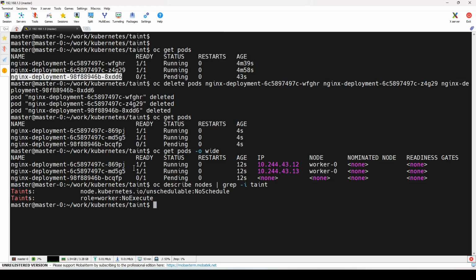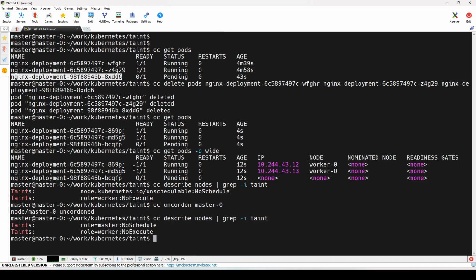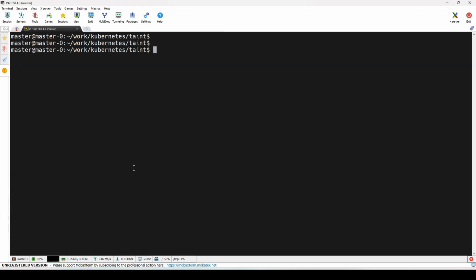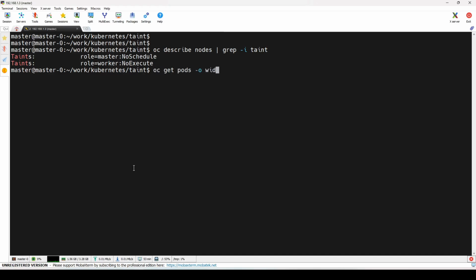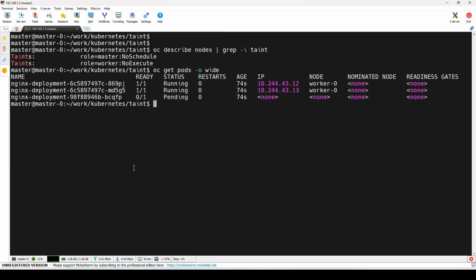Okay, there is one more thing: we had cordoned the master node, so I need to uncordon it. That was also one thing that I forgot to do. Okay, clear. Now if we see, yes, this is role master. Now it is fine. So it has the NoExecute and role equal to worker. oc get pods -o wide. But we changed the value and we have given the operator Equal,